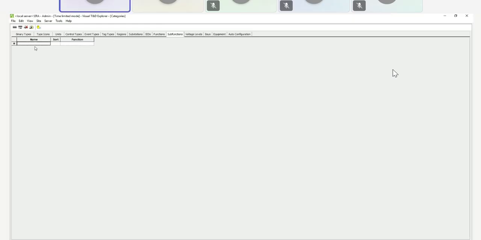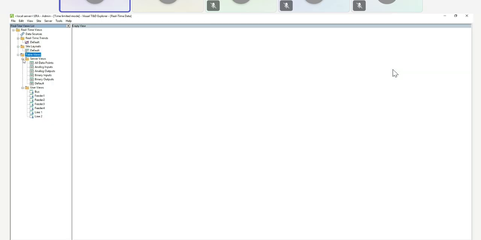So for example, remember the default table views. We currently have server views and user views. So that's the default one.